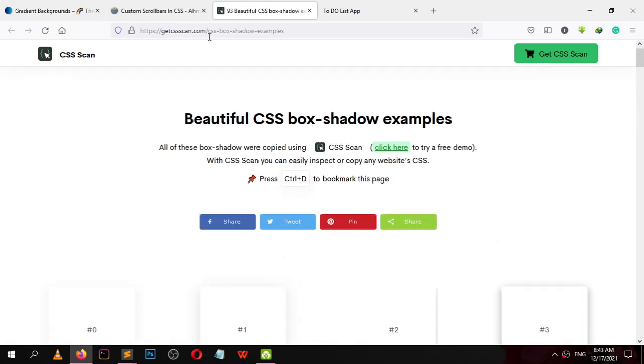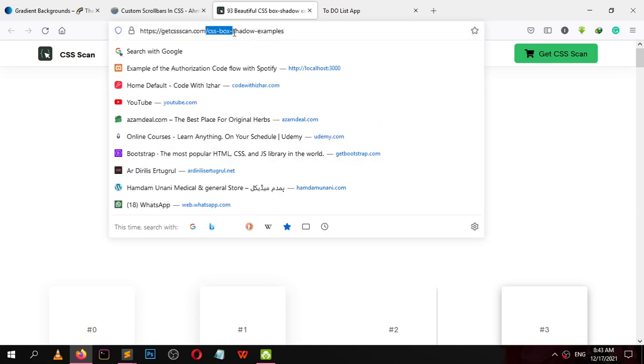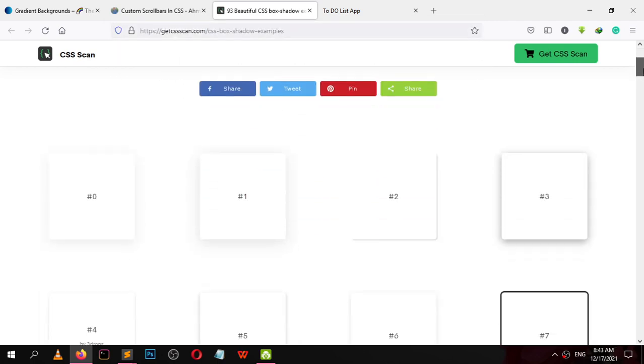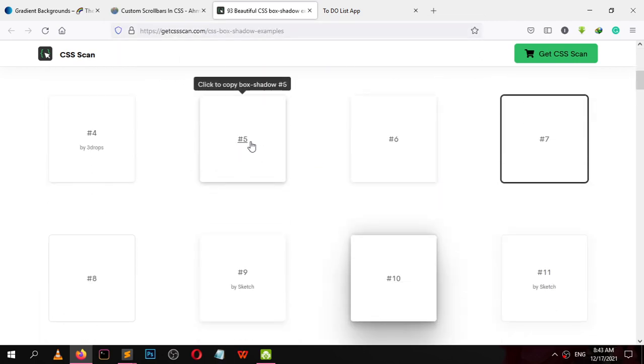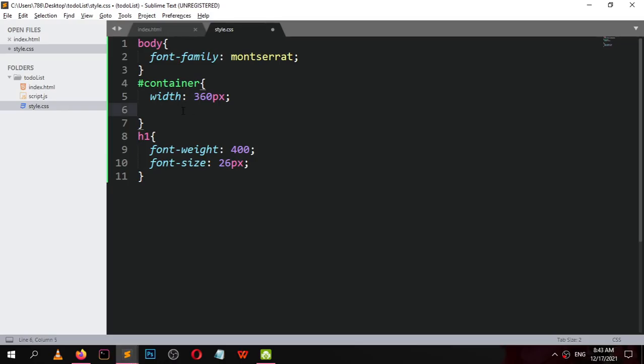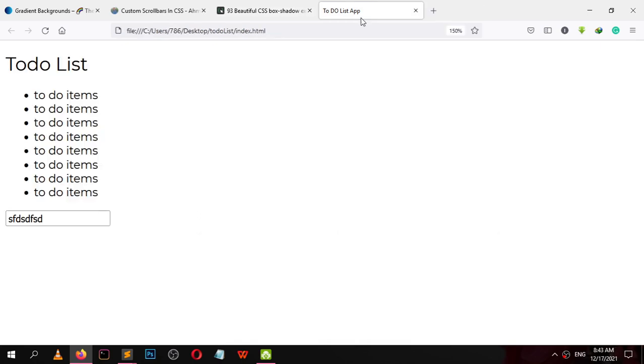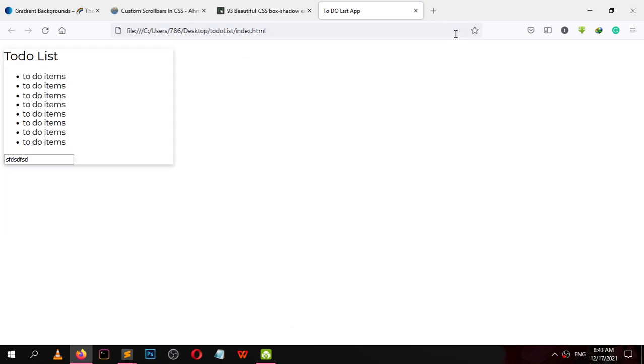Get CSS scan, CSS box-shadow example. I am using this. Click on it, it will copy the CSS and just paste it here. Now reload this page. Here we go. We have a beautiful box shadow.